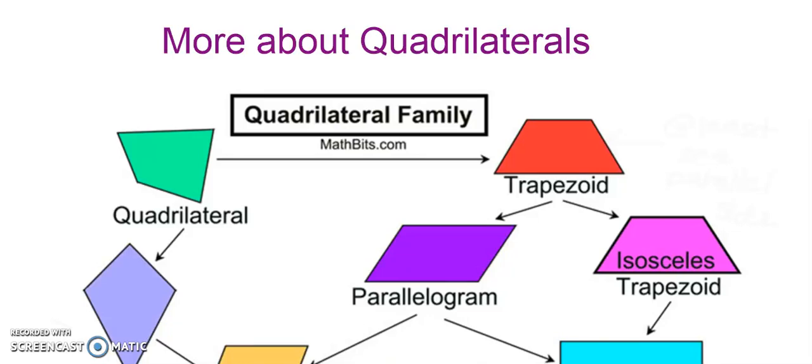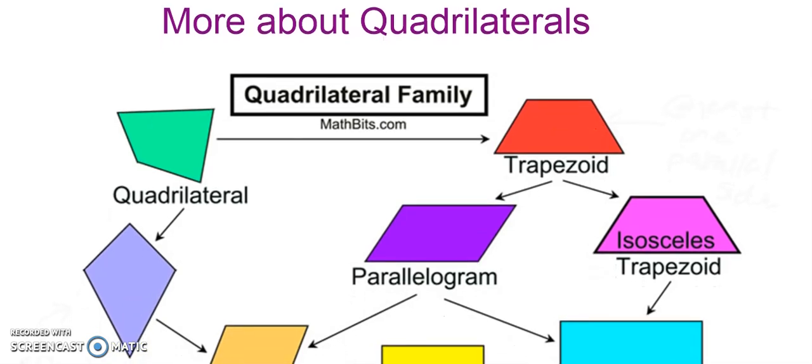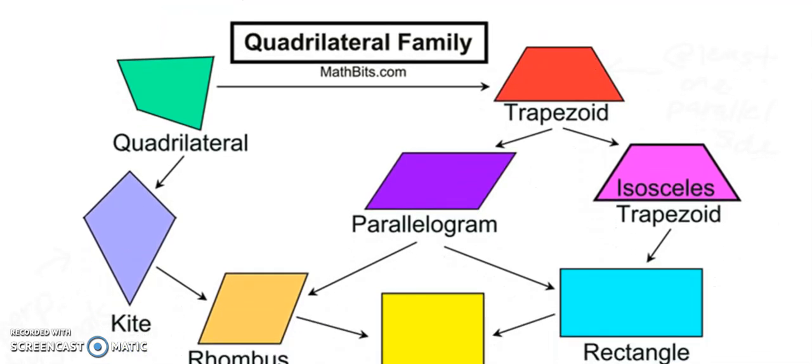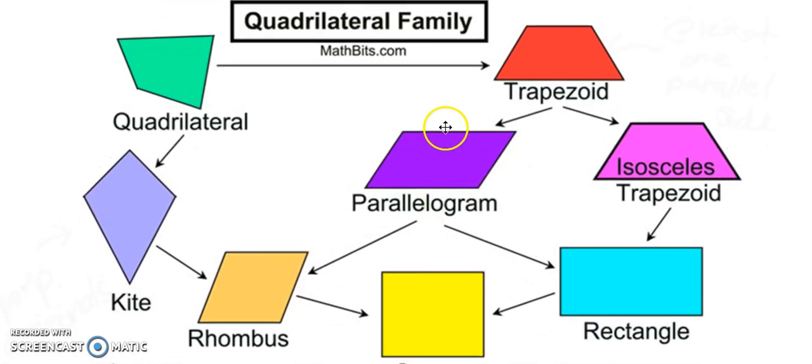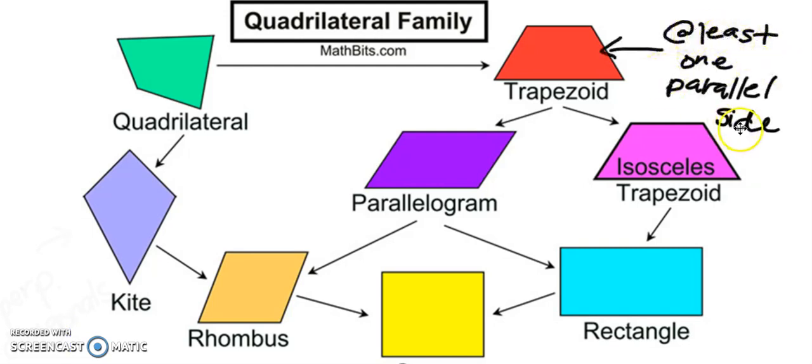In this video, we'll go over a couple more examples that have to do with quadrilaterals and the properties that we learned about them. I just found this graphic. I know it includes more than what we had talked about, but this is the quadrilateral family. I had talked about how we have a parallelogram and then we have all these other things that are also a parallelogram. So a trapezoid, one of the definitions of a trapezoid is that it has at least one parallel